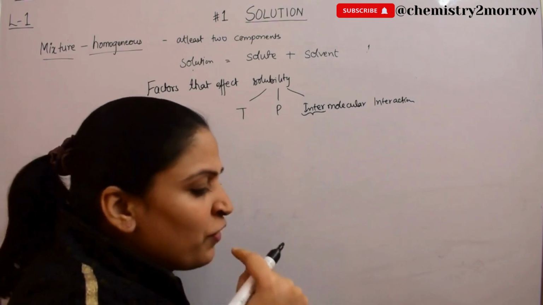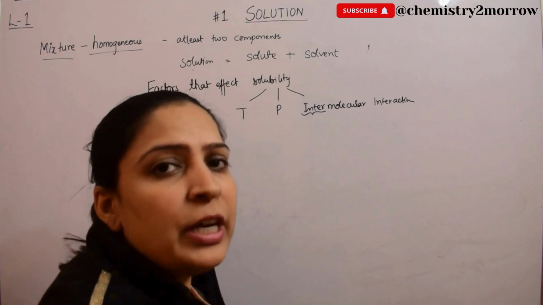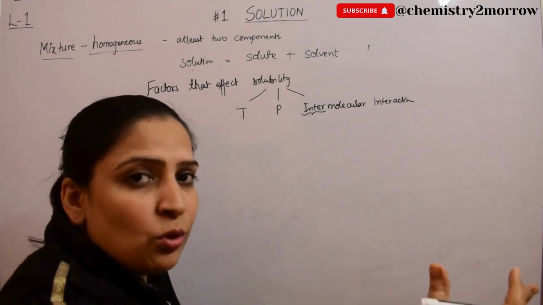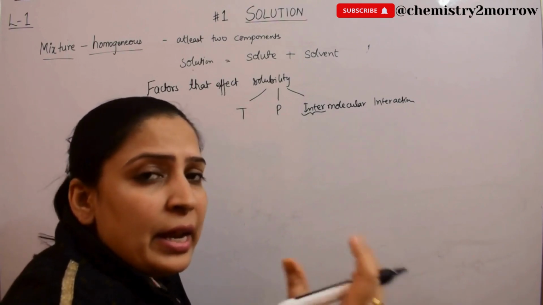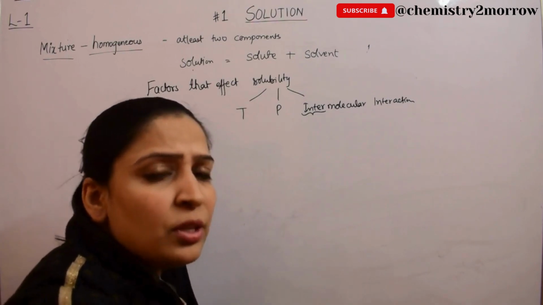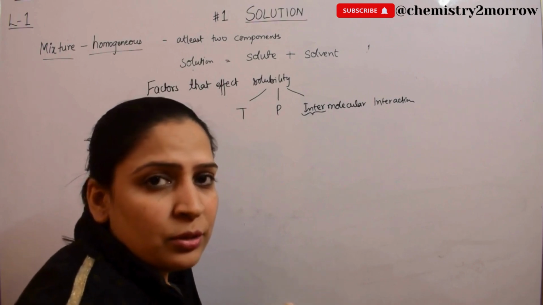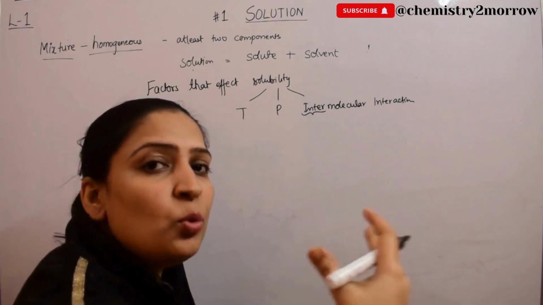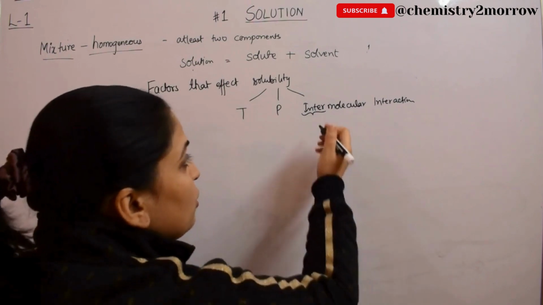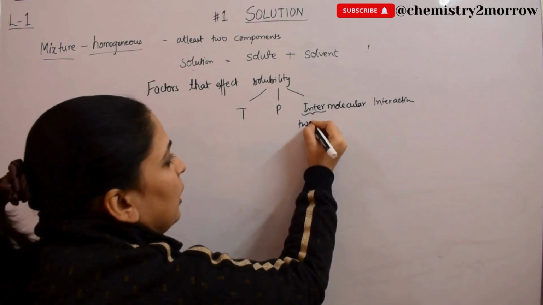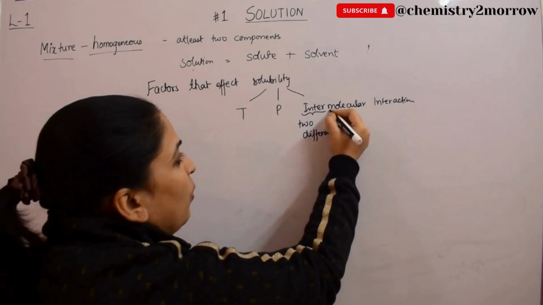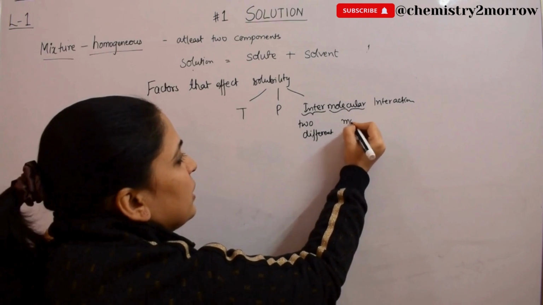So like you have inter college competitions or inter school competitions. So your school is competing with some other school, that is inter. And intra means within the school you have some kind of competition. Okay, just like you have international, means among the two nations, two different nations. So inter means two different. Molecular means molecule basically.